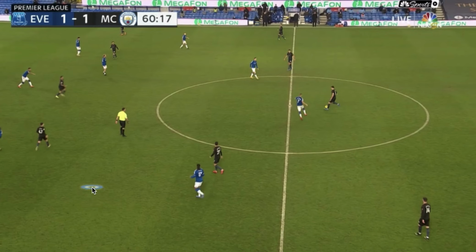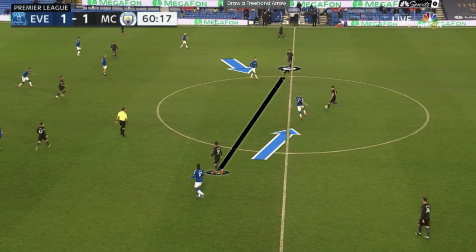So now with Cancelo going into the half space, Rodri going into the half space, this separates Sigurdsson and Richarlison, which forces them to press from out to in and forces the ball central, which is where all Manchester City's dangerous players are, between the lines, so they can receive vertical passes with the support of the two double pivots